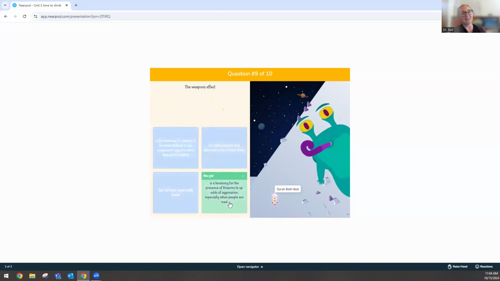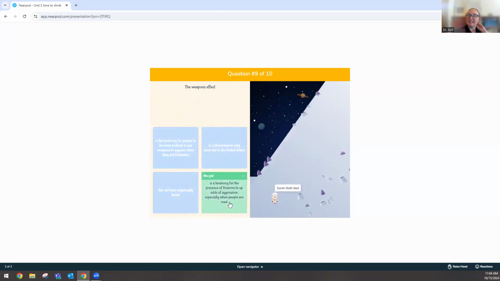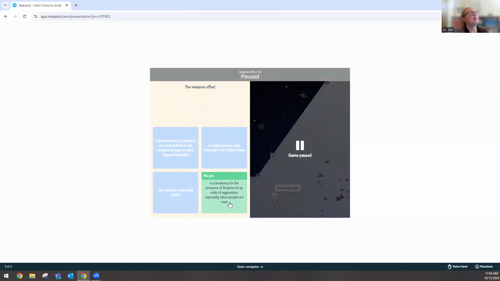So in like the 70s, they did this study and they had a real gun in the lab, which is crazy to me. An actor provoked people and they saw how much the people lashed out if there was a gun on the table versus a wallet or something random. And if a gun is around, you can get more mad. It doesn't mean you want to shoot somebody. I guess the gun maybe reminds you of aggression and you get more mad. That's the weapons effect. I think that's very interesting.